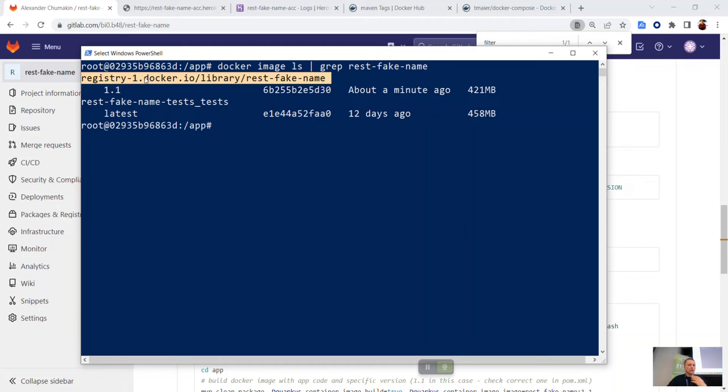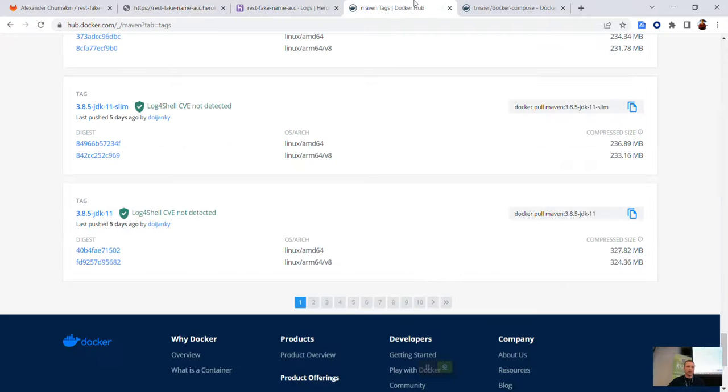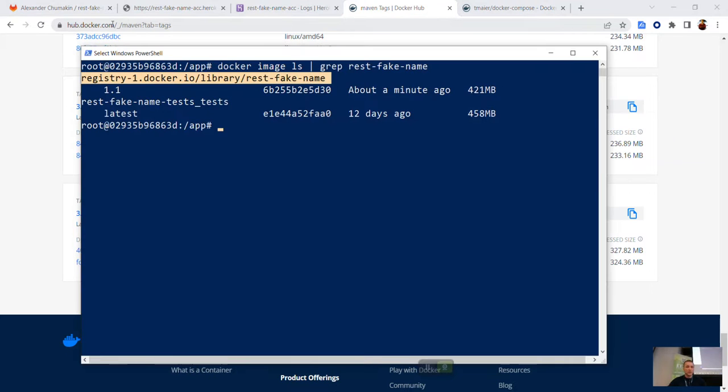So I can actually type docker push with this command, and this image will be published into my personal account if I make docker login, and it will be available for everybody via hub.docker.com. I don't need it at this moment, but this is why there is this prefix, and I shall not be scared of it. So the image name is this one, tag is this one, built about a minute ago, and